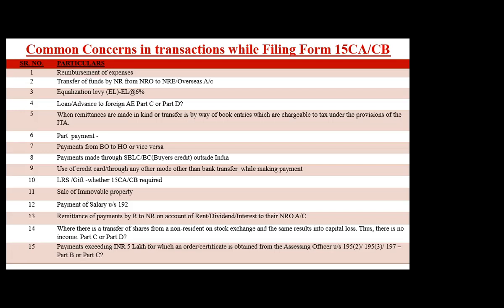But if that relative doesn't fall under the category of that FEMA relative, which is the Companies Act relative, and it is a different relative as per the definition of the Income Tax Act, then we are supposed to go to section 56, compute tax, deposit tax, and then gift. Very important. If it is a relative as per income tax but not a relative under FEMA, then you have to. Yes, you have to. So we have to deduct TDS. Yes, sir. FEMA का वो relative ही नहीं है. कंपनीज एक्ट में वो रिलेटिव की डेफिनेशन में नहीं फॉल करता सर, इनकम टैक्स की डेफिनेशन में आता है सर.